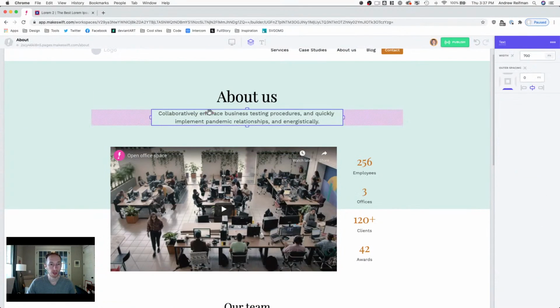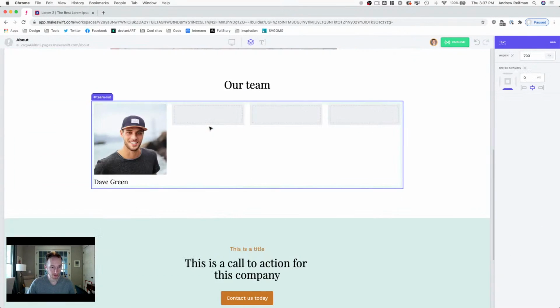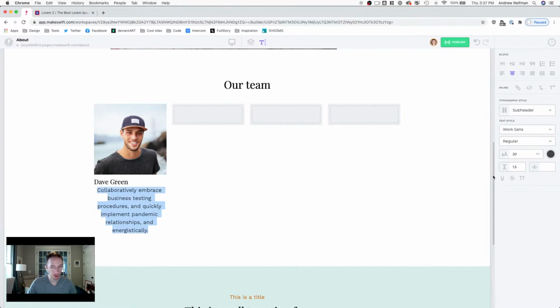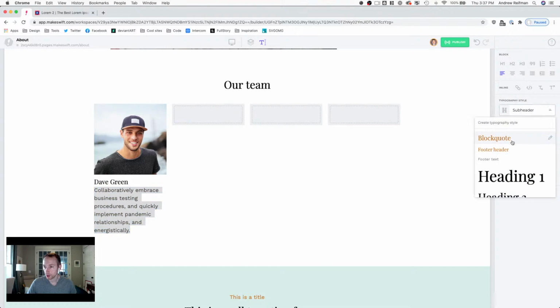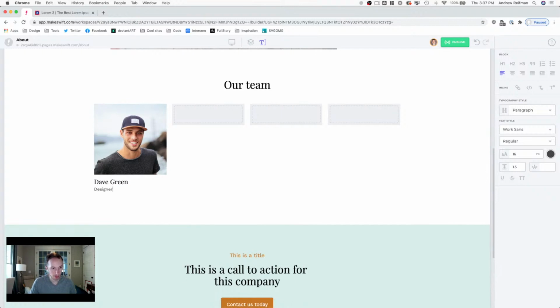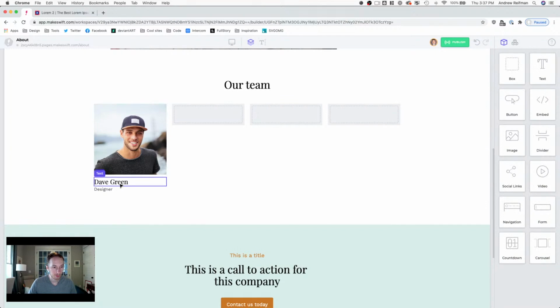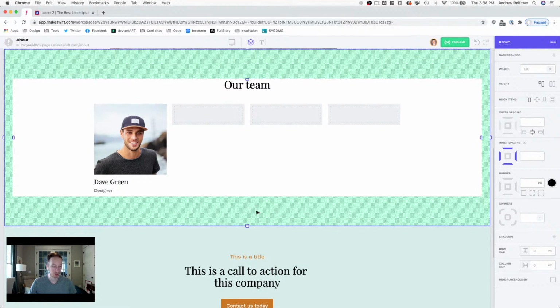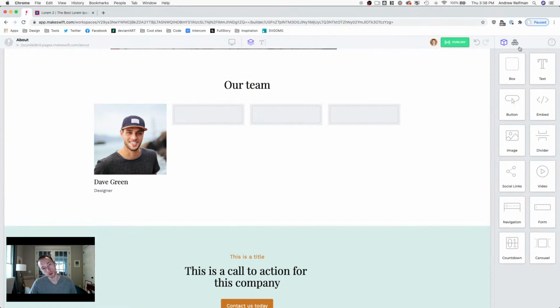Okay. And now let's grab this text. I'm going to paste that underneath his name. Let's left align it, leave it as a paragraph, and I'm going to actually select the paragraph style. And let's say that he is a designer. So that is one person